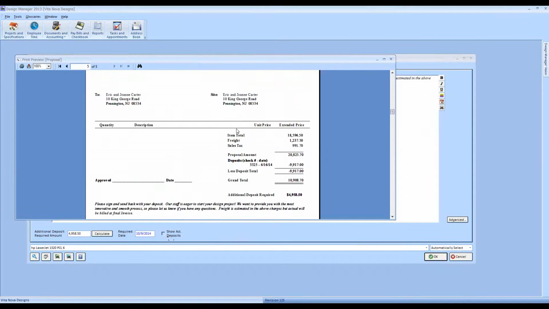If we go to the last page, we can see the original proposal amount. Here's our original deposit on check number 3325 back in April. Total deposits so far, estimated due on the proposal, and here is our additional deposit request, 25% of that original proposal amount at $49.58. If we close and accept,